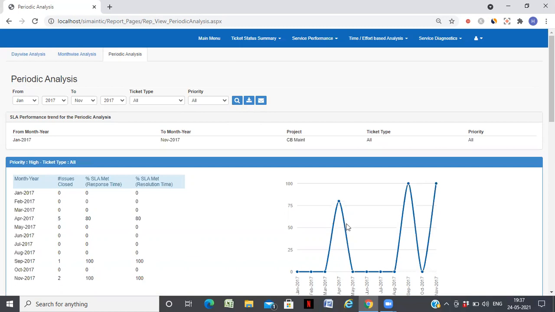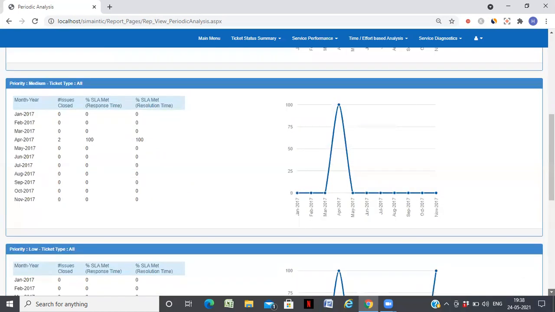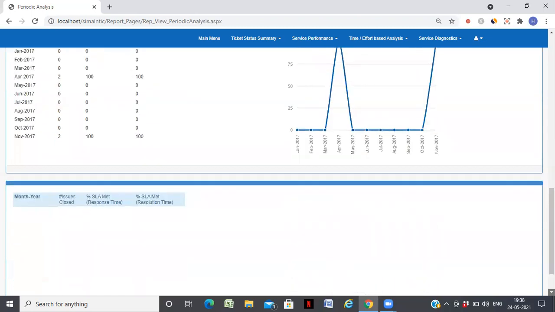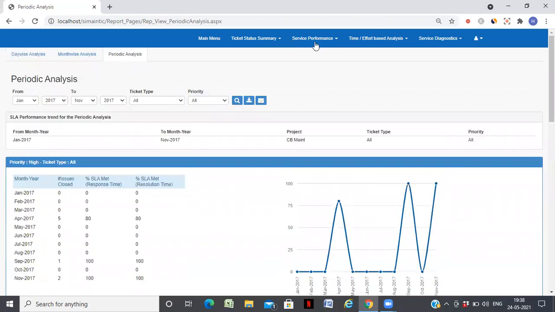So you can see here all tickets combined. What is the value? Then you also have control charts on SLA performance.